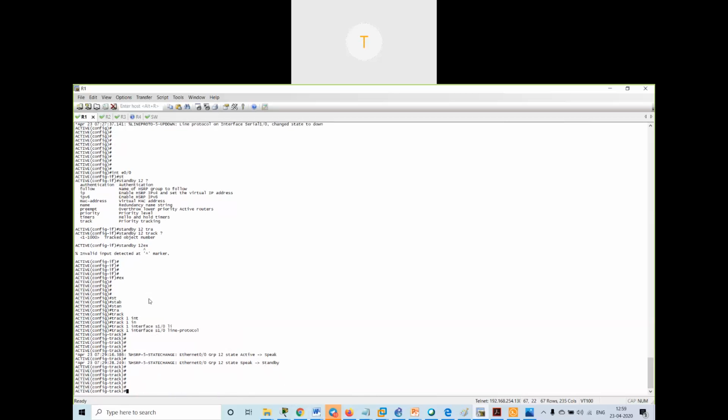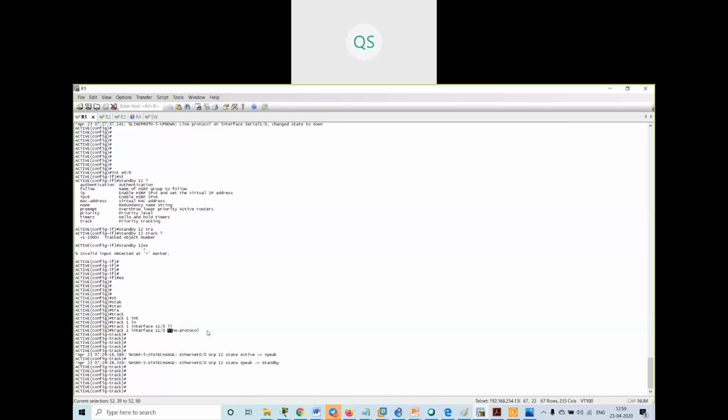This is the same command that is given in VRRP. We have to create a track object. What I have done is I have created track object 1, track 1, for the serial interface line protocol.